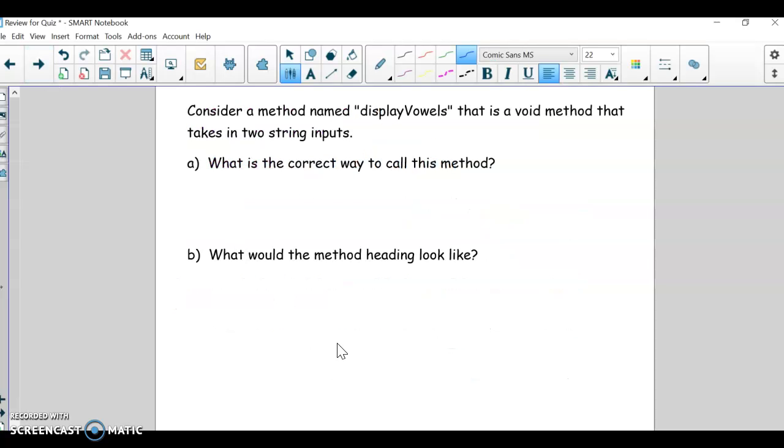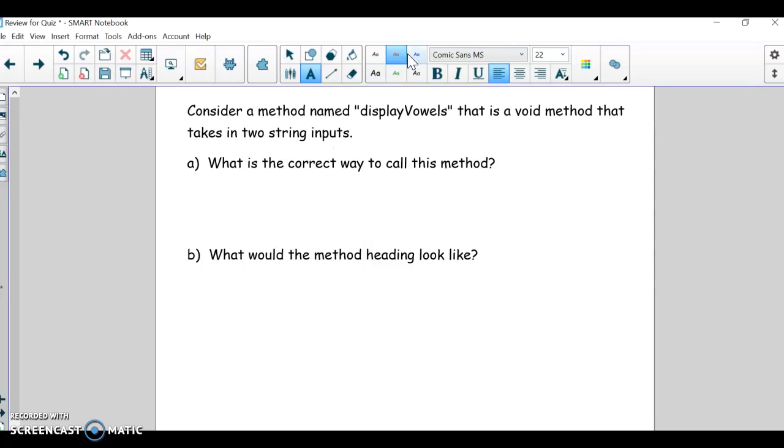Okay, so think about a method named displayVals that's void and that takes in 2 strings. Okay, so how would you call it if it's void and it takes in 2 strings? So how would you call it and what would the method heading look like? Pause the video and give it a shot. Okay, so to call it, we would just use its name,